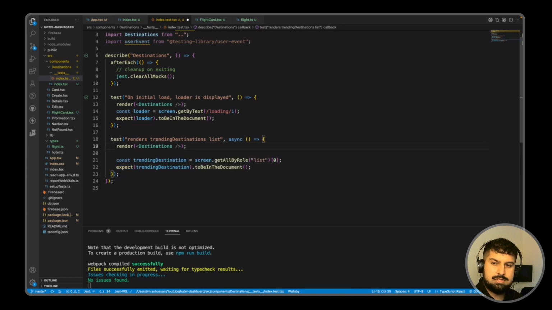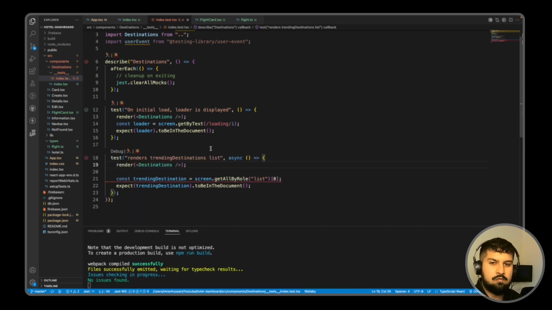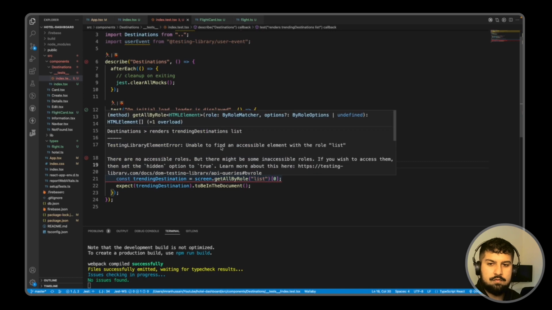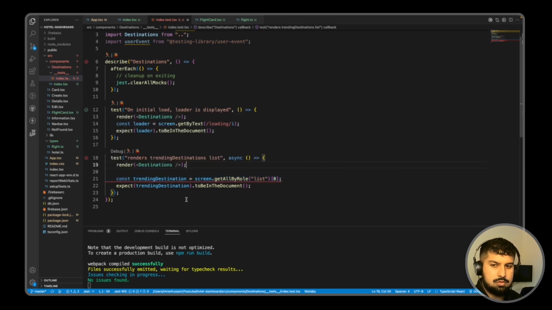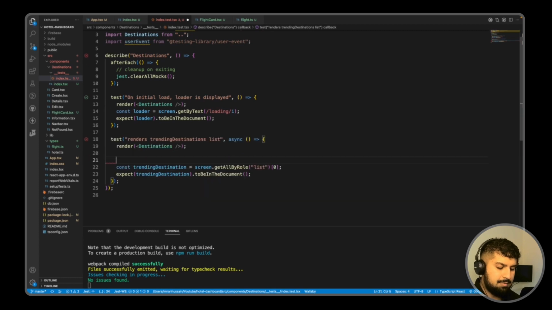And if I now save, this test has now failed because if we hover over it, as you can see here, it's still showing as loading, because initially what happens is when we render the HTML, the loading state is triggering the loading p tag here. So what we need to do is await for the list to be in the document. So the way to do that is if we wrap this in an await and then waitFor,